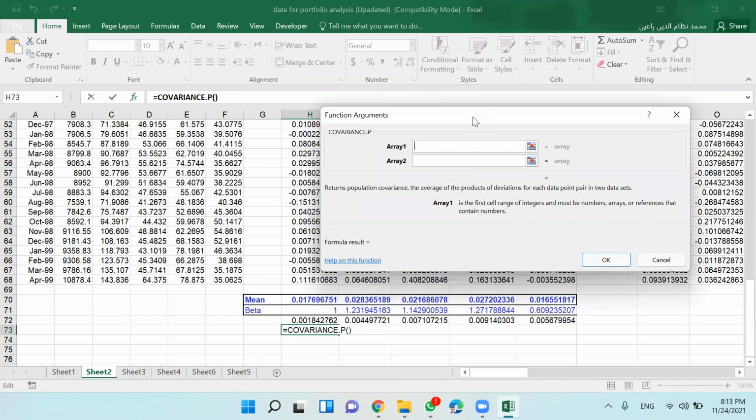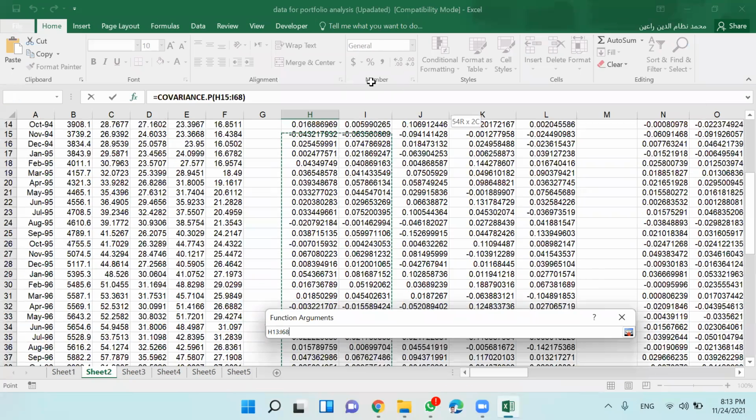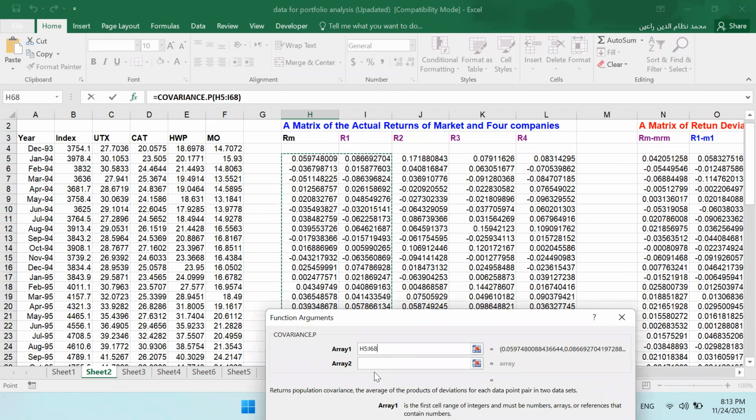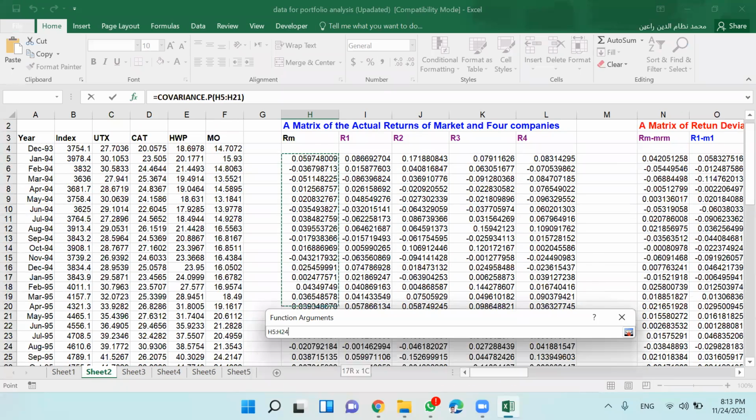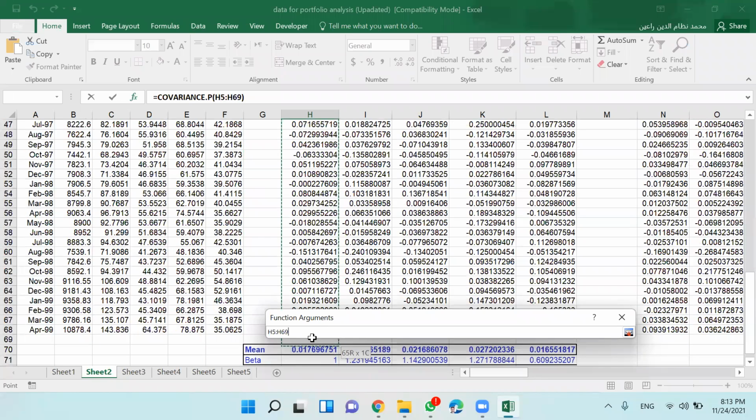So you always have to give two variables if you want to calculate covariance. First variable and then second variable. Covariance is always between two variables.